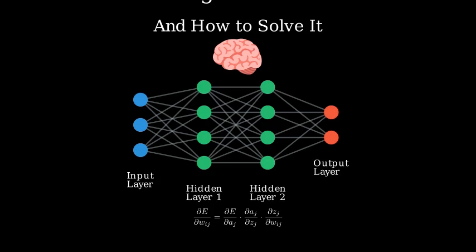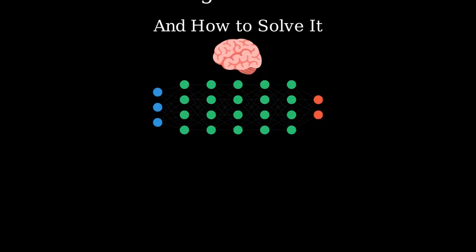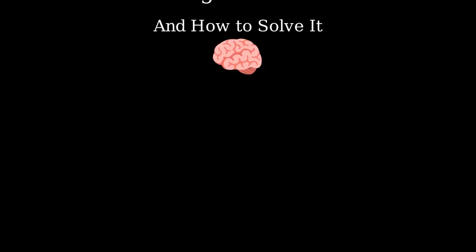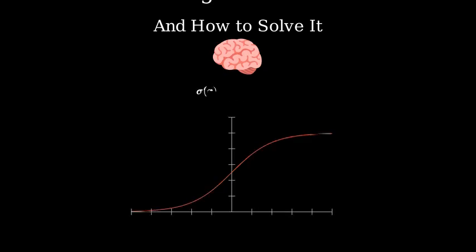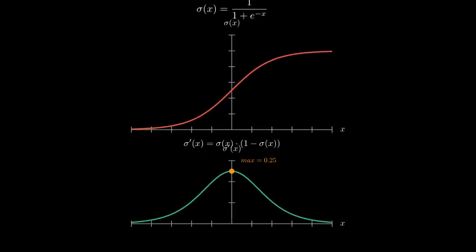Now, let's explore the vanishing gradient problem. As neural networks get deeper with more layers, a significant issue emerges. Let's look at what happens with the traditional sigmoid activation function. The sigmoid function squashes input values to outputs between 0 and 1. If we look at its derivative, we'll notice it reaches its maximum of 0.25 at the center and gets smaller